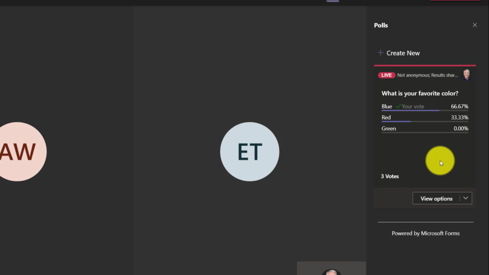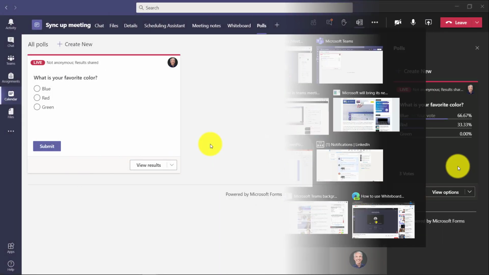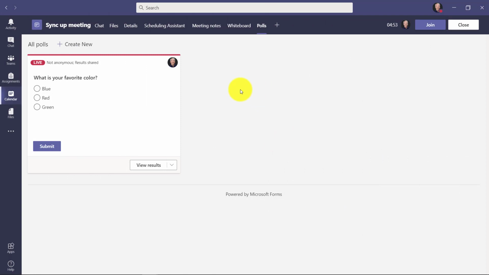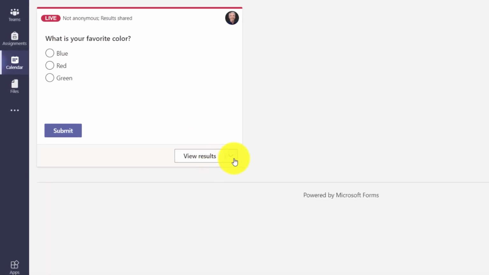And I can have other polls as well. And you can see all the same options are right here. And so close poll, export, and delete poll. I'm going to switch back to the main area to show those same options and then we'll create a second poll. Now I'm back in the meeting area and you can see it's the same poll, it's live, here's all the colors, and I'm going to drop this.